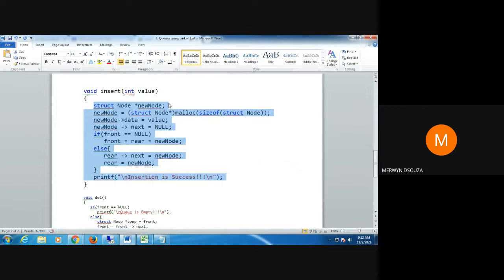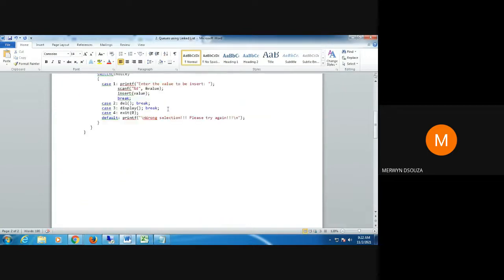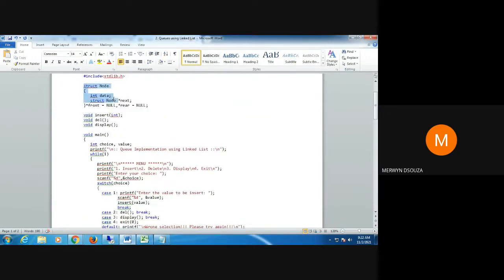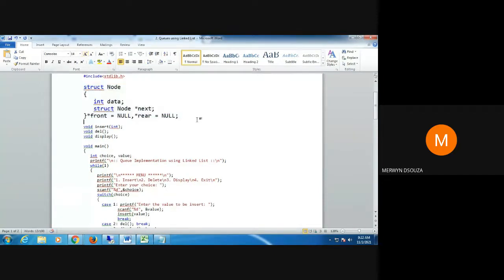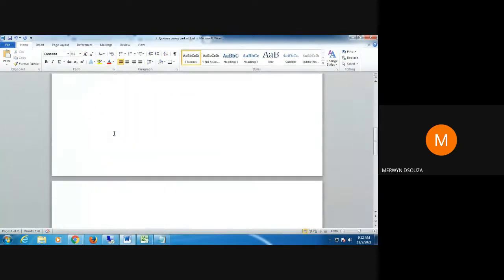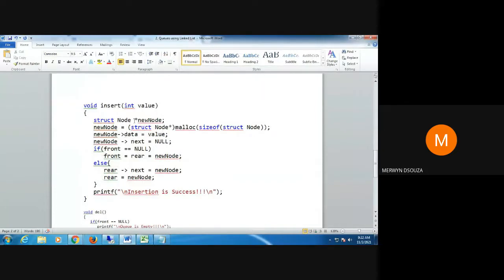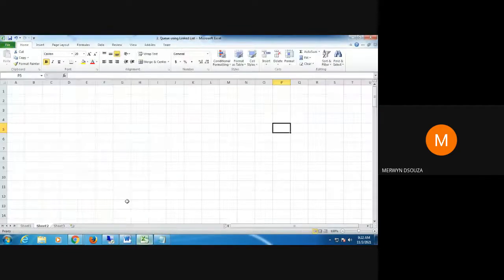We have one temporary variable called new node. This is a pointer of the type of the structure that we declared on top. Of that type we are declaring one variable, and we are calling it new node. Then we are allocating memory for a new node, and that memory will be pointed to by this variable new node. Let's show it here.